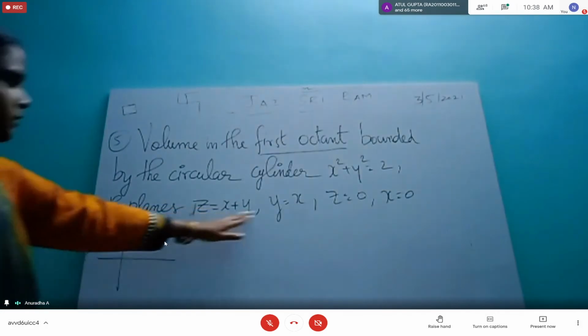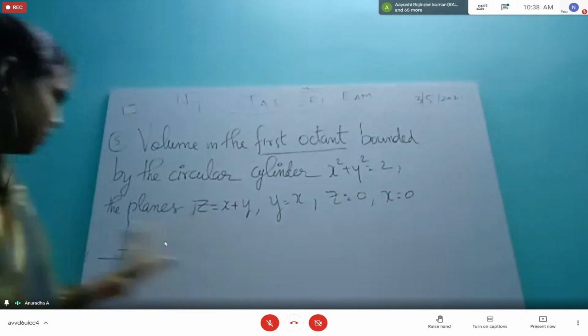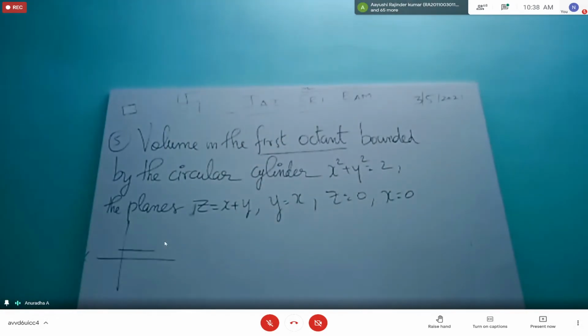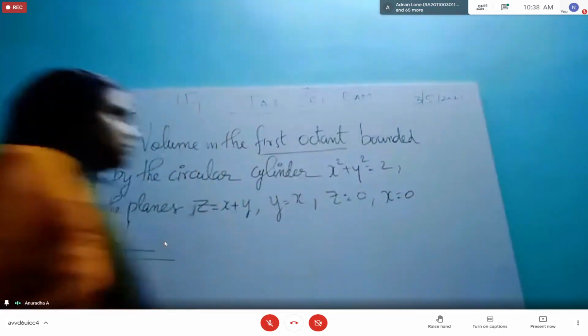Okay, that's all they have given. Don't worry about all those, we are not going to draw the structure. From here itself, we are going to write the equations. So when this is given, what we are seeing here is they have told a cylinder, but they have given only x square plus y square.